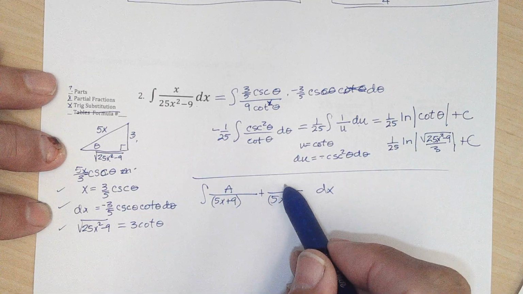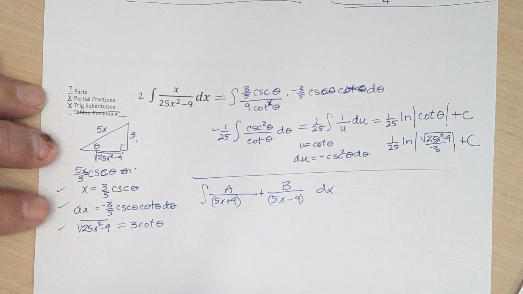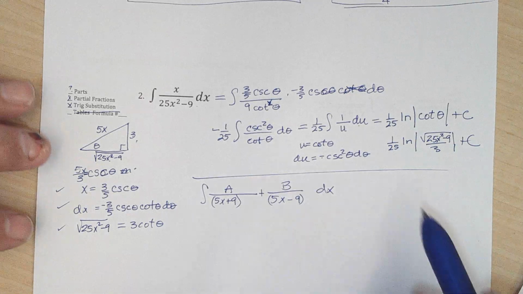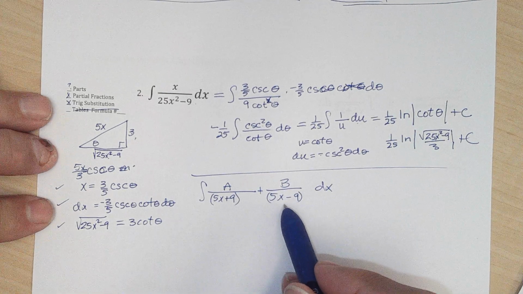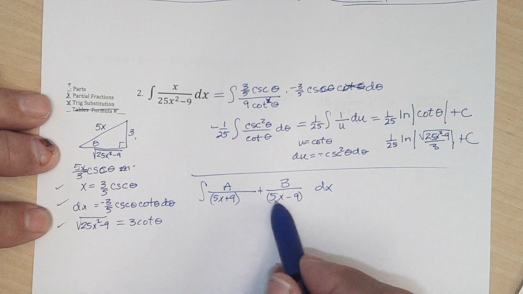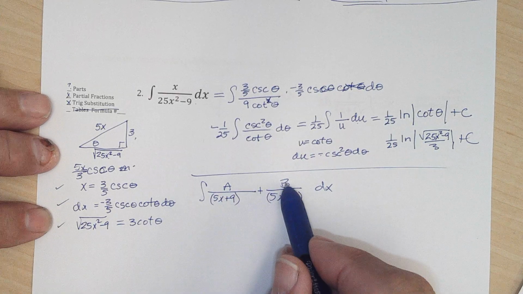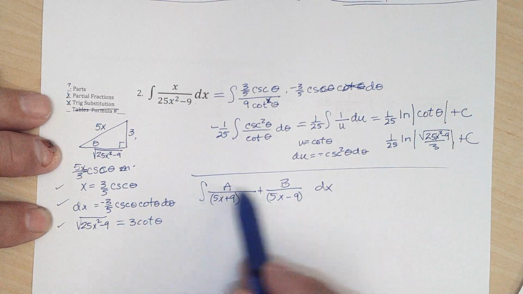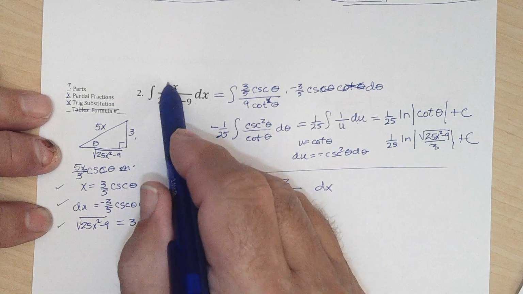That's a linear factor, so we put a b over it. And so a would have to be times this, and b would have to be times this, and it would have to be an x. So we're going to get some x's in both of these, and there's one x here,